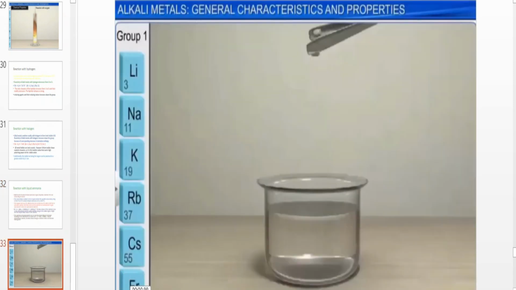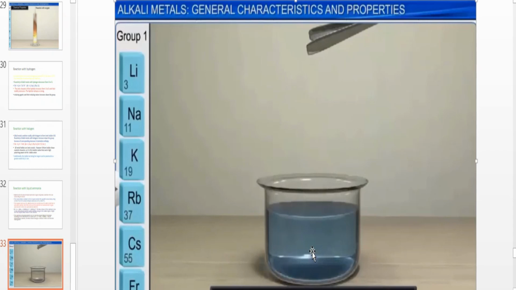See this video. Okay, ammonia in the beaker, ammonia is taken. Okay, the metal is dropped into this beaker. Okay, look at this. So in the beaker ammonia is taken and the metal is dropped into the beaker. What happens, the solution turns into blue because of the ammoniated electron, and